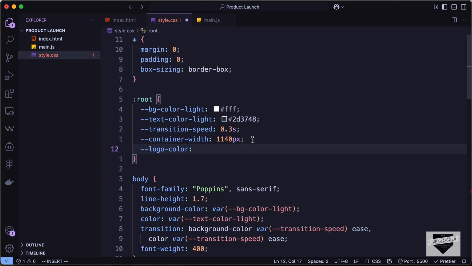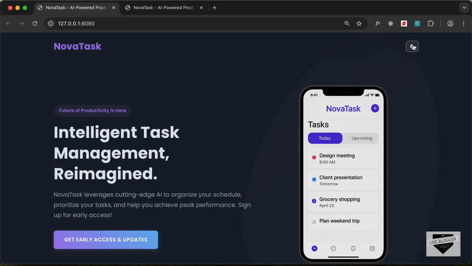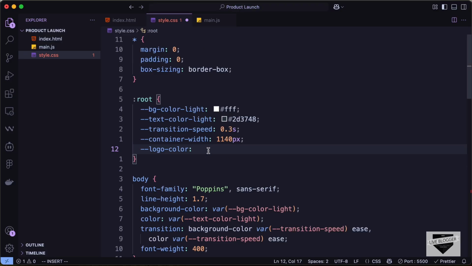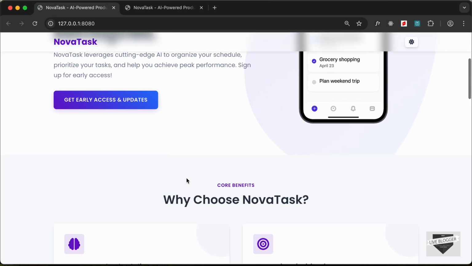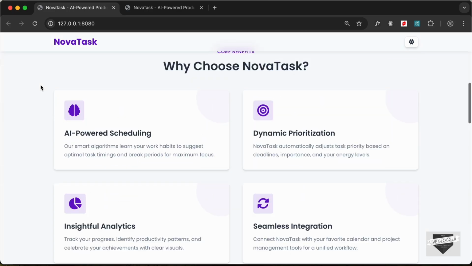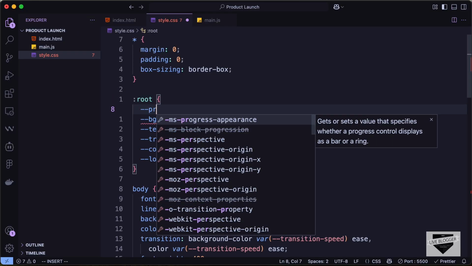Now we need to have two different colors for the logo. So for the light version we need to have a different color for the logo, and for the dark version we need to have a different color. So for that let's go ahead and create two variables over here. Let's create one with a name of logo-color-light. And for this light logo color, we need to have the same color as the primary color. So this is basically the primary color that we have. So let's go ahead and create a variable for the primary color first. So here let's type primary-color